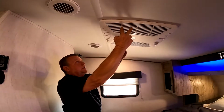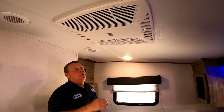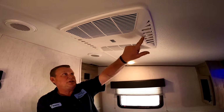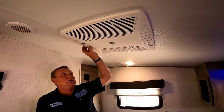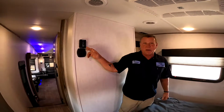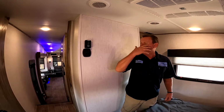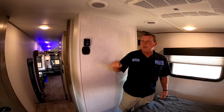So both your filters are here. They drop down, and then you got your quick cools, just like on the other one. It's the same type of unit, except this is 13,500 BTUs. And I'll show you on the other thermostat. This is your thermostat for your bedroom controls. So I'm not using this one right now. I'm using the one in the rear. So I'll show you on the main